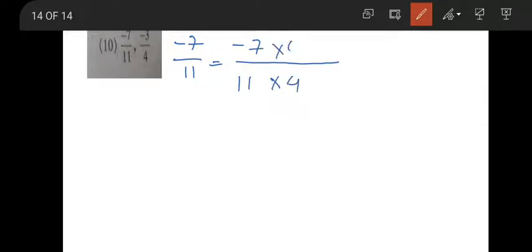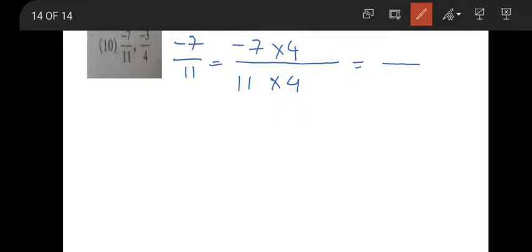Again, the fractional questions are given. We will concentrate on the denominators. The denominators are different, that are 11 and 4. Can we make them equal? 11 can't become 4 and 4 can't become 11. So what we'll do? We will multiply the first fraction by 4 and the second fraction by 11. Let us do this. The first fraction I'll write, that is minus 7 upon 11. The first fraction should be multiplied with the denominator of the second fraction, that is 4. So, minus 7 upon 11 into 4 upon 4.